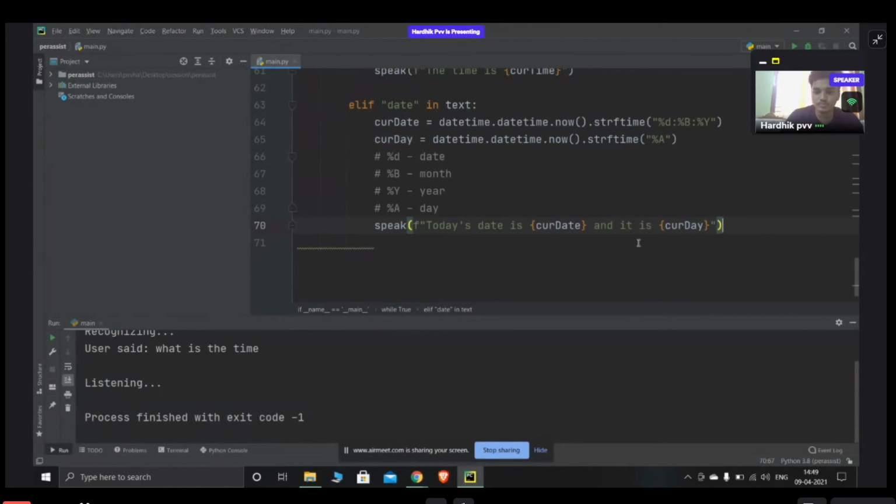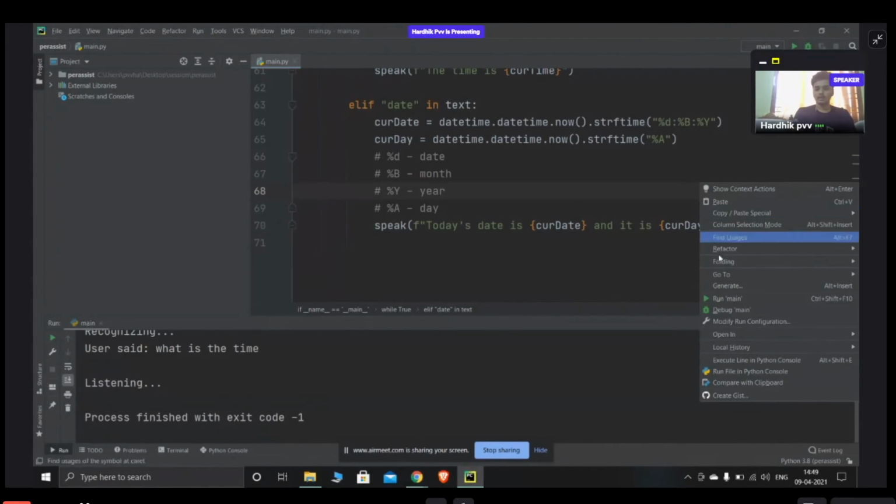Yeah. So now if I say date in the function, it automatically stores the current date in this variable and the day in this variable, and it automatically speaks this. So if we try to run this,